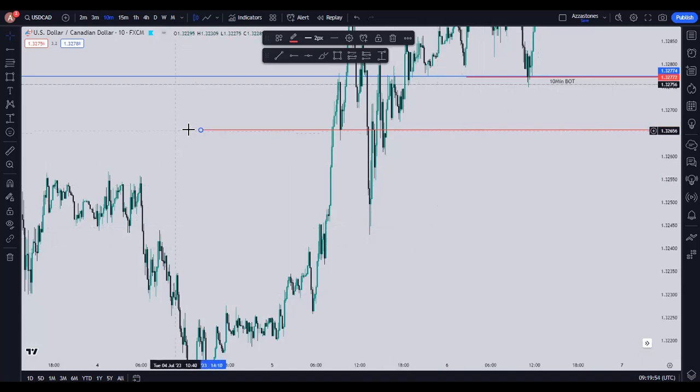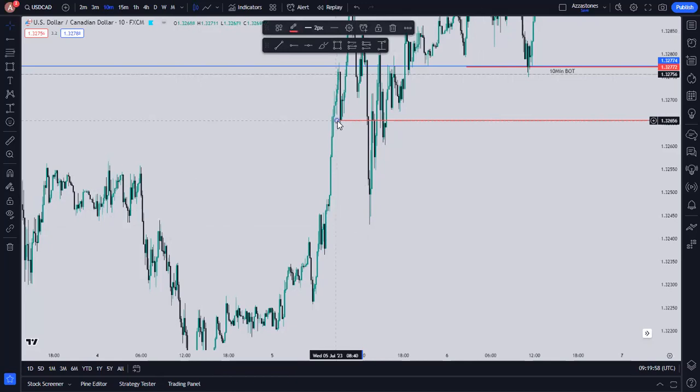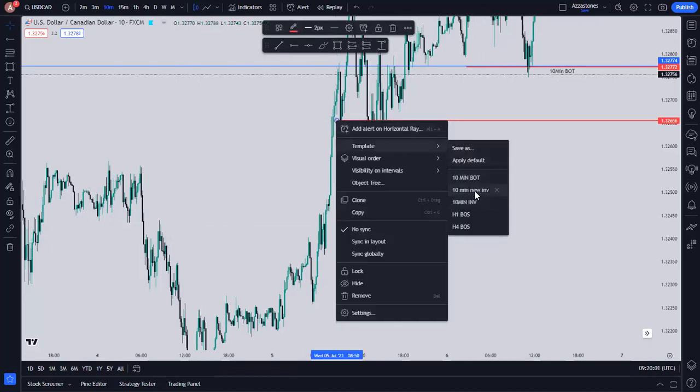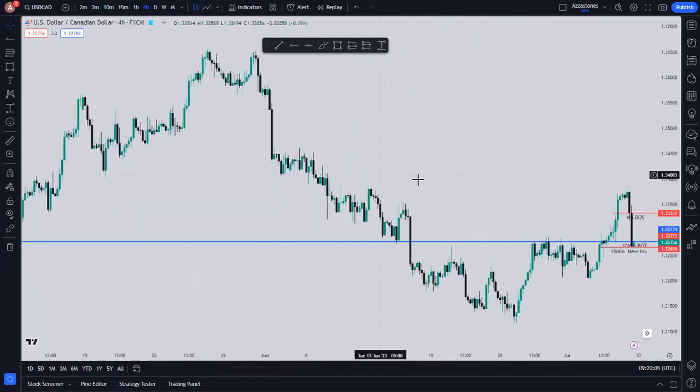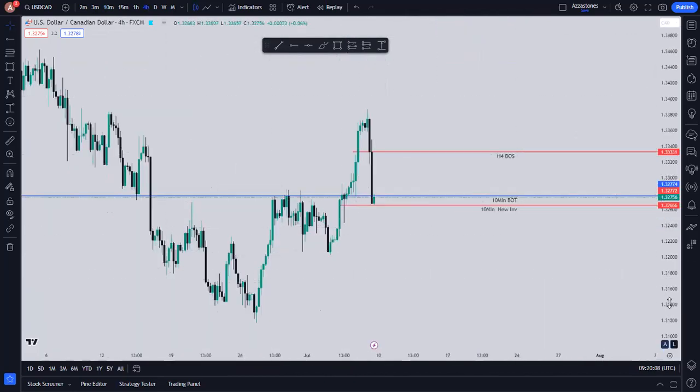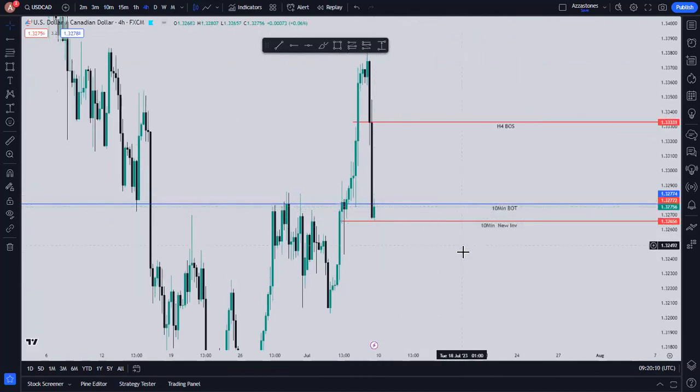Now that being said, this is our 1 hour, our 10 minutes new invalidation point down here. So what you can do is wait for the price to come and trigger the exact point around here and start going up. Okay. Yeah, just stuff like that. That is what we're anticipating in the coming weeks, how USD CAD is going to take place, something like that.